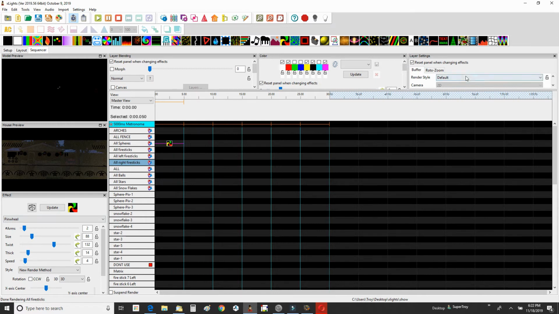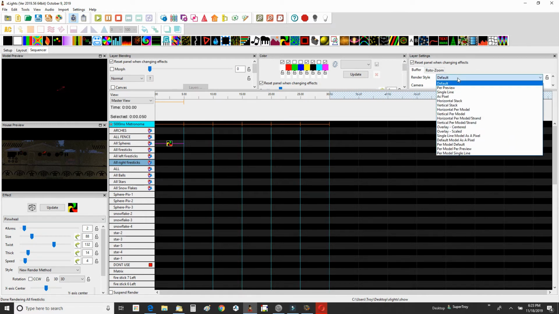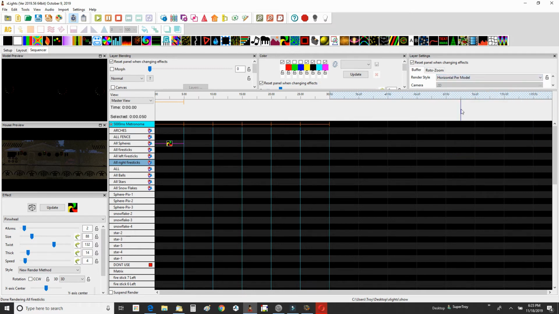So again, real simple, a couple of little things that you can tweak and it changes the effect you get. And here again, all I did was change the render style. And now you can see that we can even play with this in that we can add more arms. We can make them larger. Okay, so there's a lot. I mean, it's endless on the amount of effects you can get. You just have to sit and play with it, and literally, that's how you find the effects. And a lot of times, just sitting, clicking the